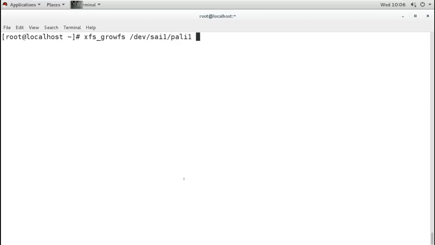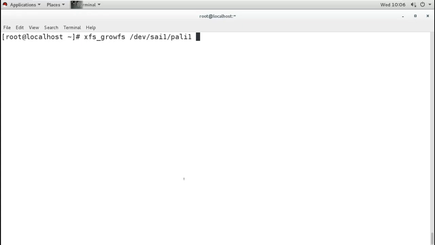Now if I give this command, it will extend the file system to all the available size. That means whatever size we have available in our LV, it was 800, now it is 1100, so it will make it 1100. But with this xfs_growfs command, we have some options.